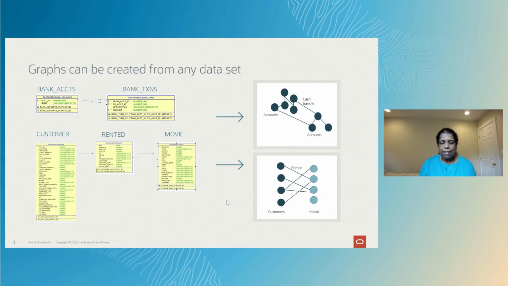So any data set has logical connections between its data entities. Let's take the example at the top, where you have a bank accounts table and a bank transactions table. The bank accounts table contains information about bank accounts. Each row represents a bank account, and the columns in the table have information about those accounts. So your bank account is a data entity in your data. This is what we would call a vertex table, and every row in this table becomes a vertex in